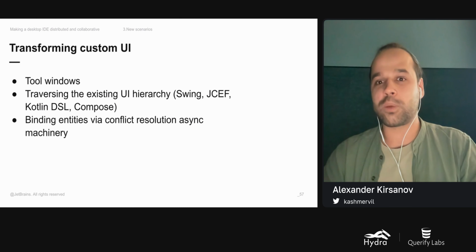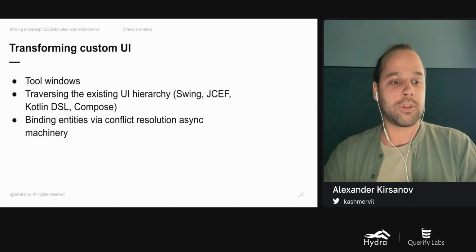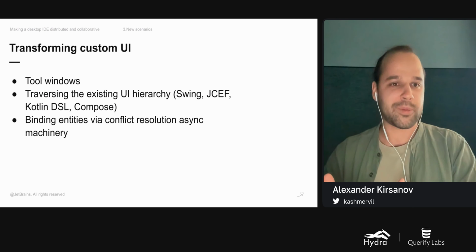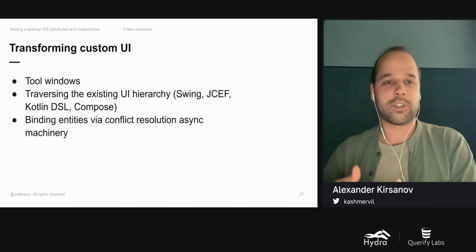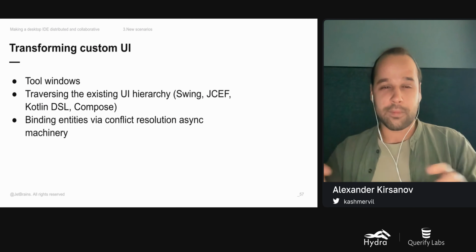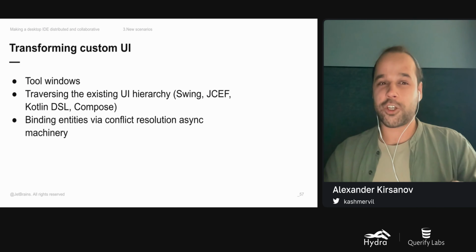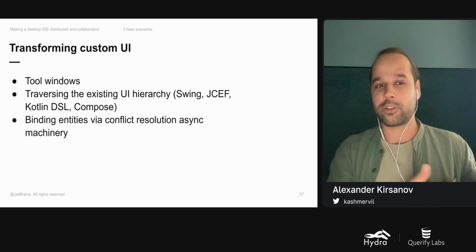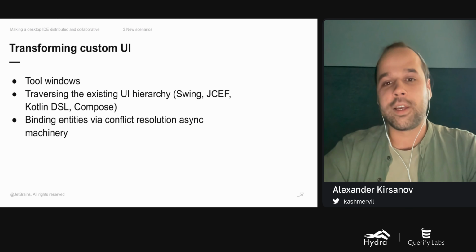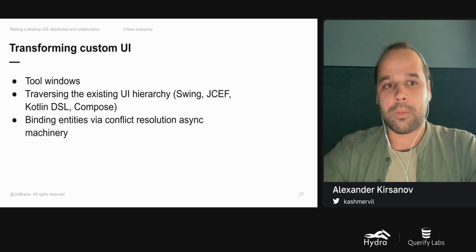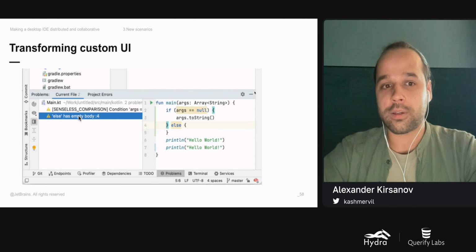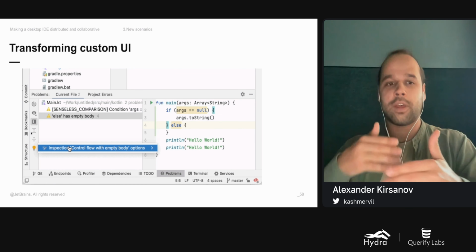All of them are different, and we don't have the needed knowledge about that on the client side because they usually operate with some package management or some language tools or some test frameworks. All the knowledge this feature has to get is on the server side, but we need to show that on the client, right? So we came up with a solution where we take the UI and we run a cascade